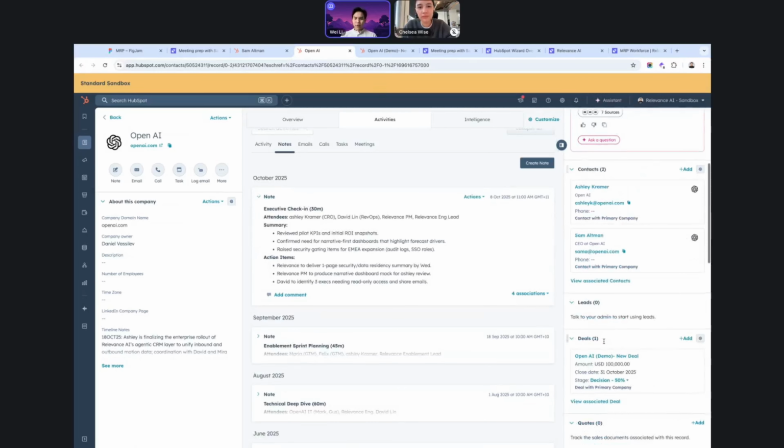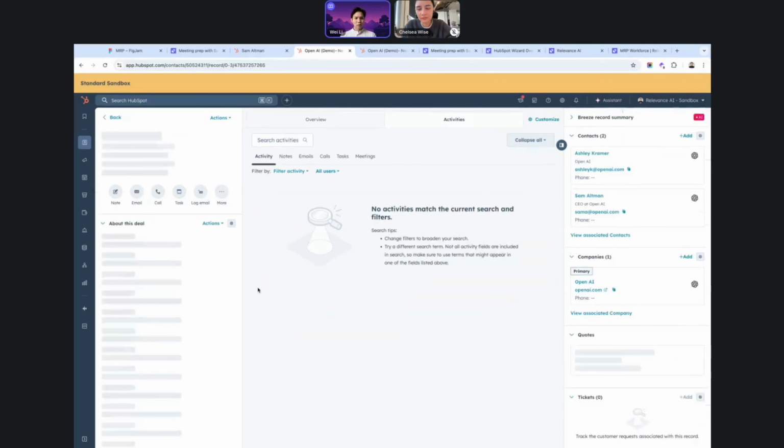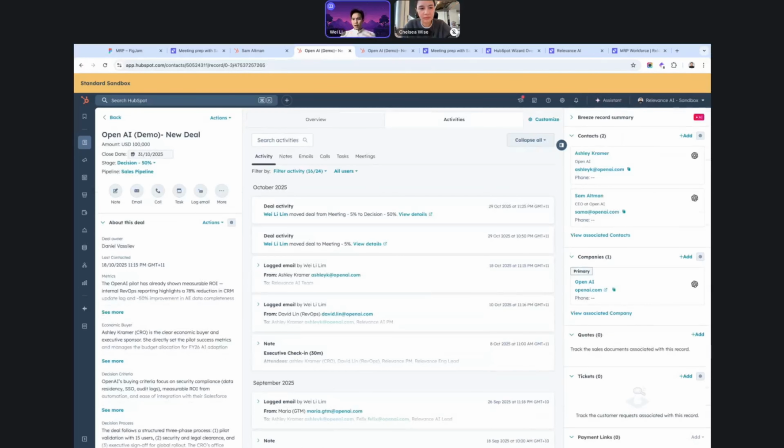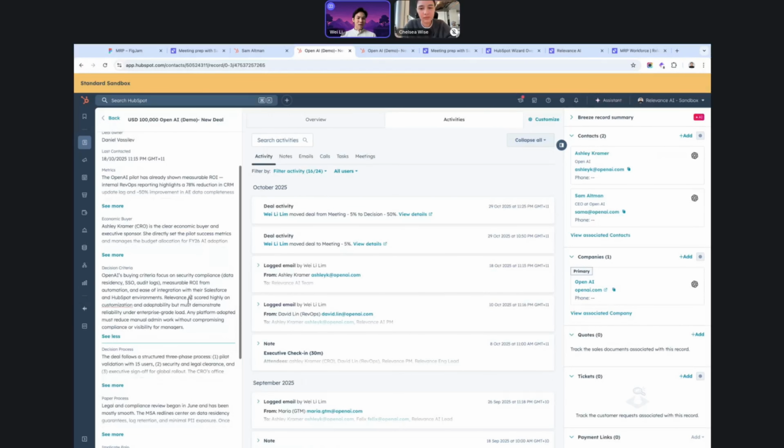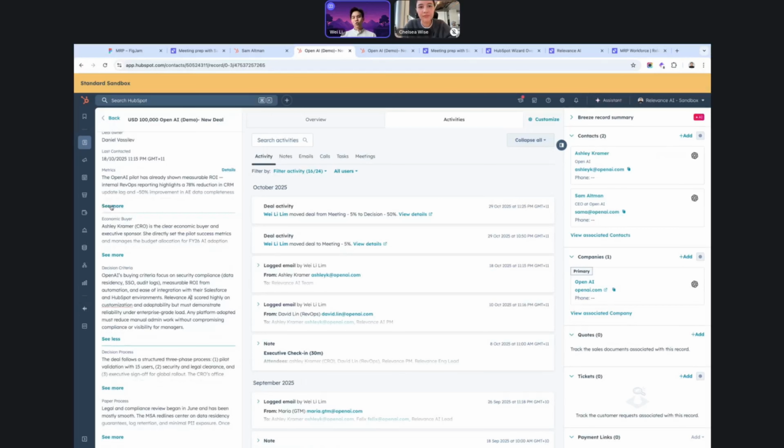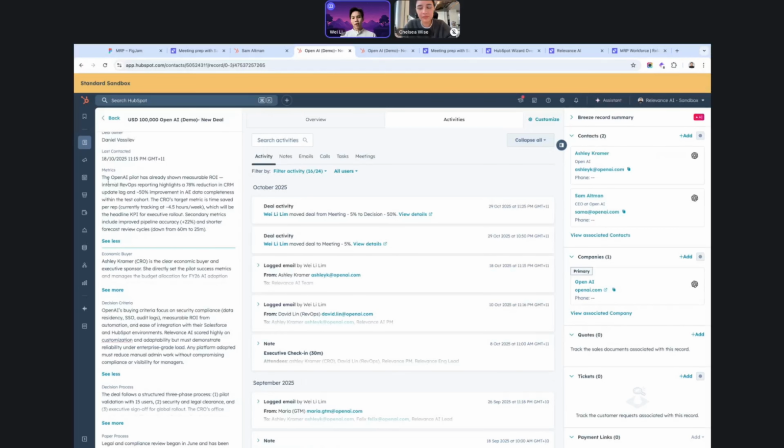Once I get a bit of understanding, I might shift my focus to the deal, and this is where I understand a bit of that history already. Then I come into the deal and read what's on the deal, but I don't just read it as a standalone. I read it coming from those places and with the interactions in mind, so it's a little bit more contextualized for whatever I'm preparing for.